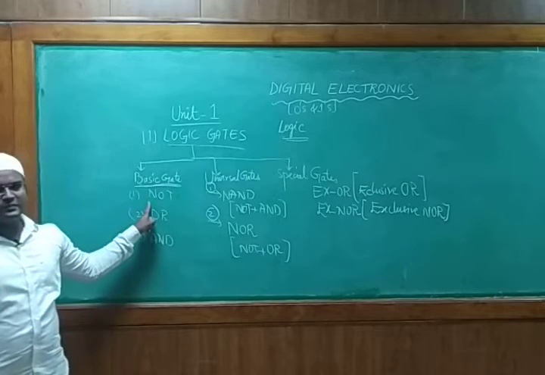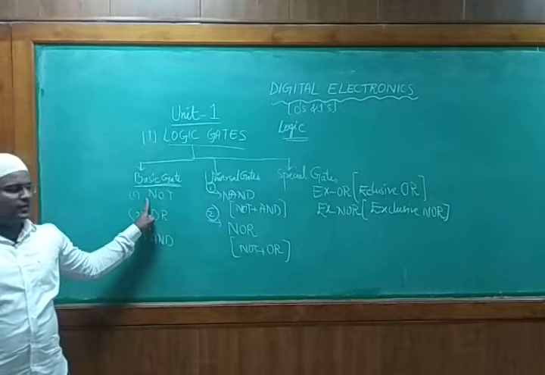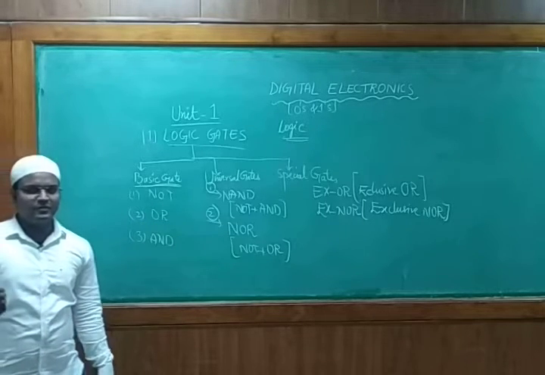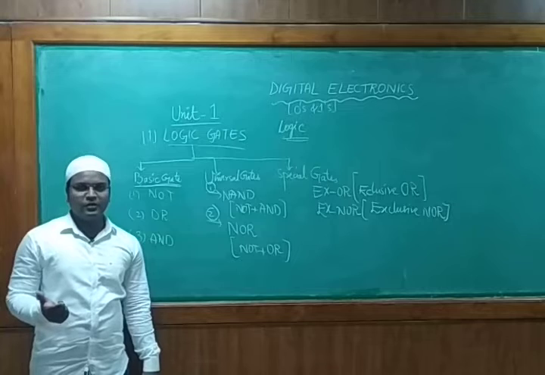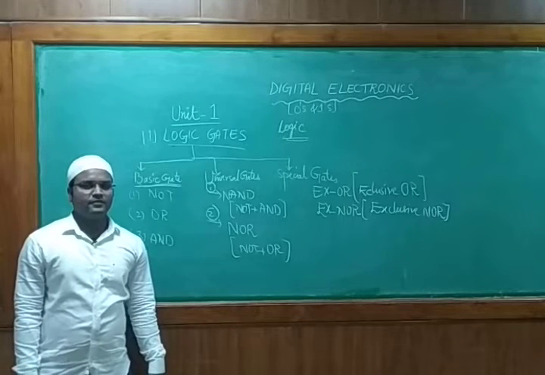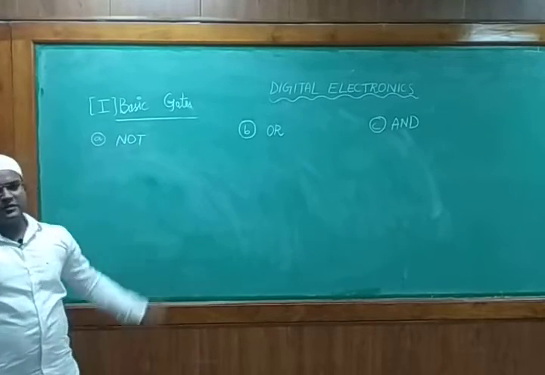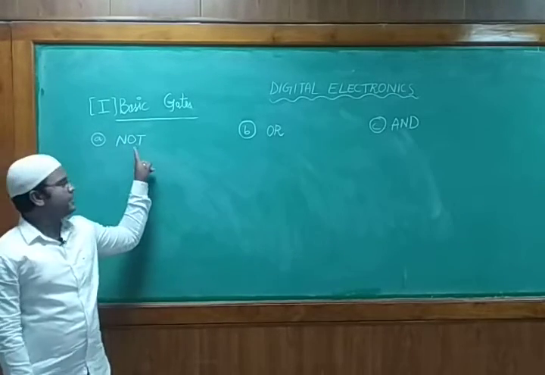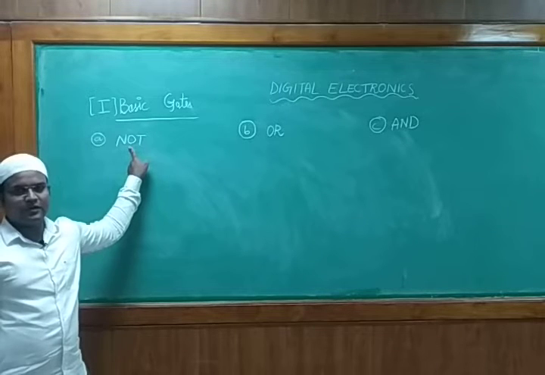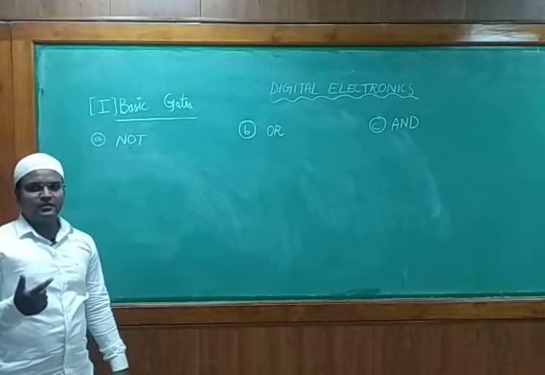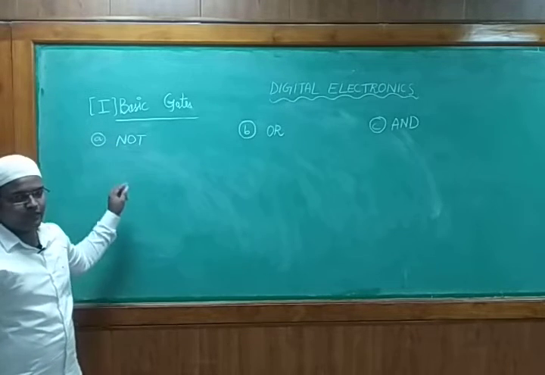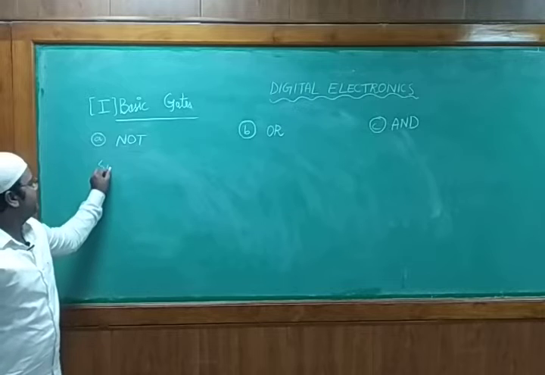Let us consider the first part, the NOT gate. In the NOT gate, we need to understand three parameters. First is its symbolic representation. The second part is the truth table. The third will be the implementation part. Now come back to the basic gates. The first concept of the basic gate is NOT. In that we are going to learn about three topics. First is its symbolic representation, then its truth table, and fourth would be the designing part. In that, the first thing we are going to learn is its symbol.